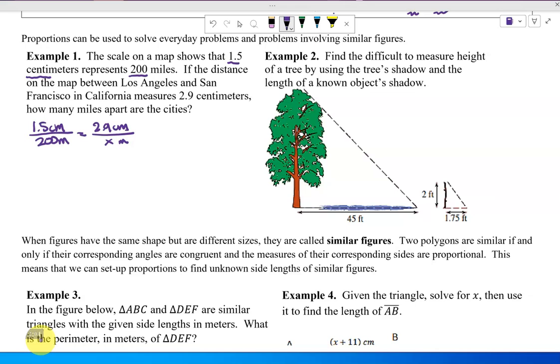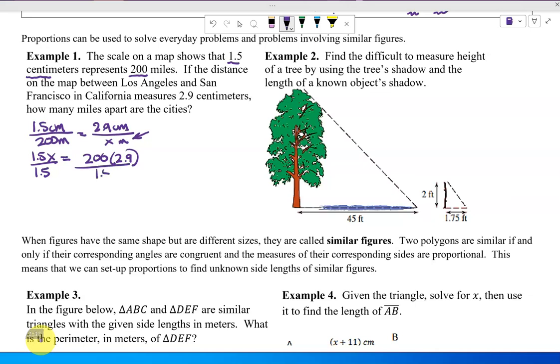So x miles. So 1.5 centimeters to 200 miles is going to equal 2.9 centimeters to what? We're going to cross multiply. I'm not going to bring the units along. We just need to know that our answer is going to be in miles. 1.5 times x will equal 200 times 2.9. And then to get x alone,